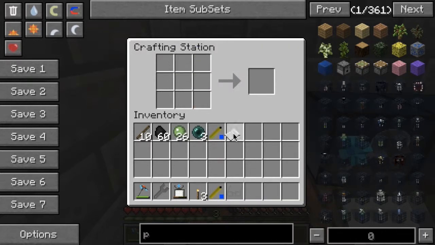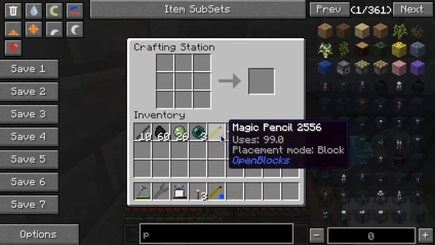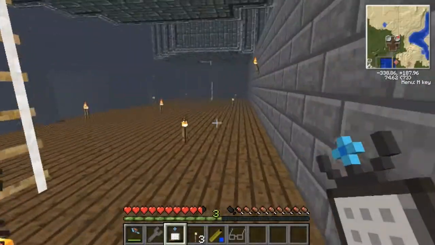So it doesn't actually use up the pencil. Interesting. Okay, I should have known that, then I wouldn't have had to build a second one. Anyway,